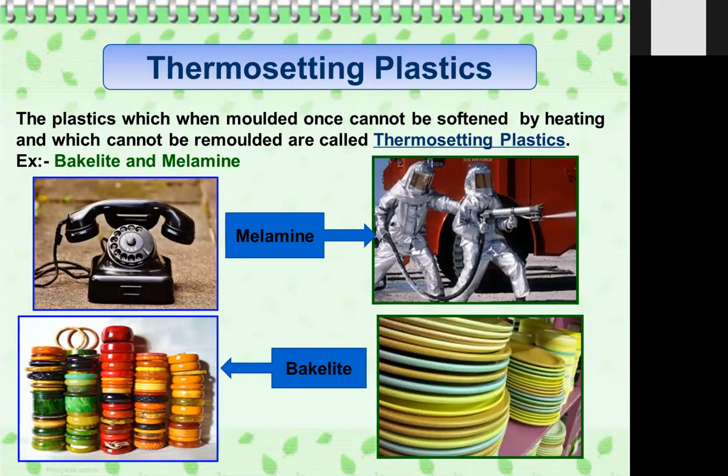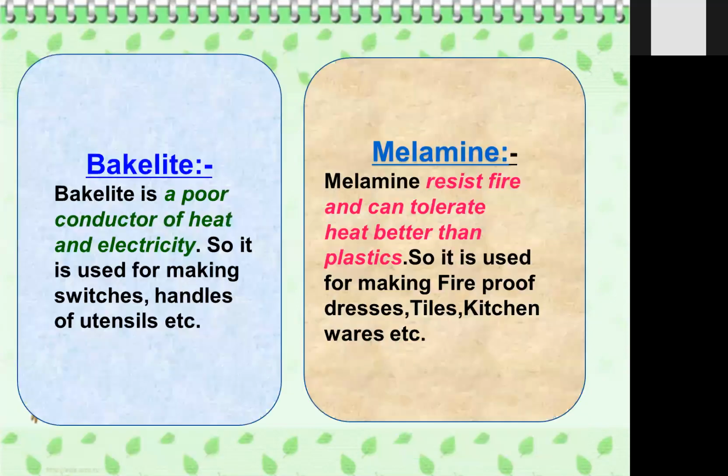The most common examples of the materials used to make these items which you use at home are melamine and bakelite. These plastics are so useful, but the drawback is that you can't remold them into a new shape even after heating, which we can do in the case of thermoplastic. Bakelite is a poor conductor of heat and electricity, and that's why it is used to make so many things like bangles. So we use it as an accessory.